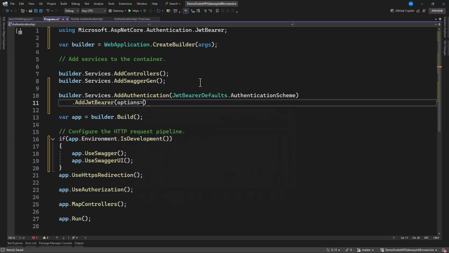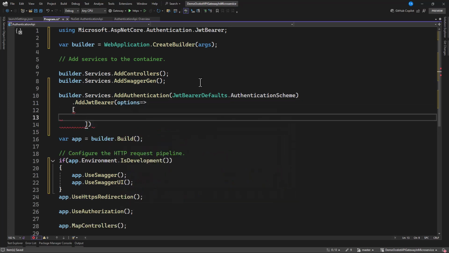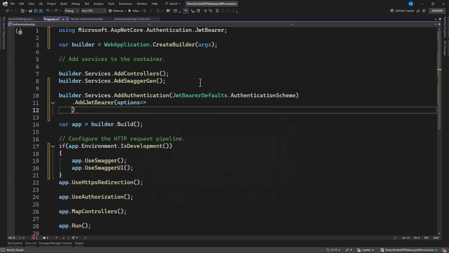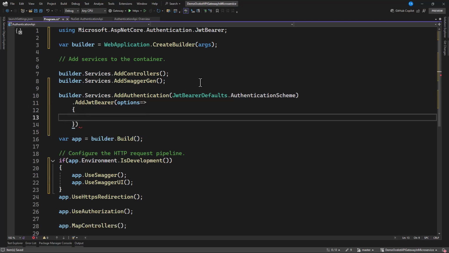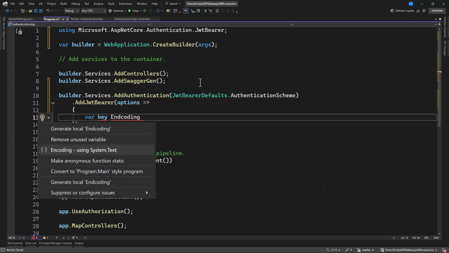So options maps to, we need to have it in this. All right, so in here, let's grab our key first. So key, we're going to use Encoding. Now this Encoding is coming from System.Text.